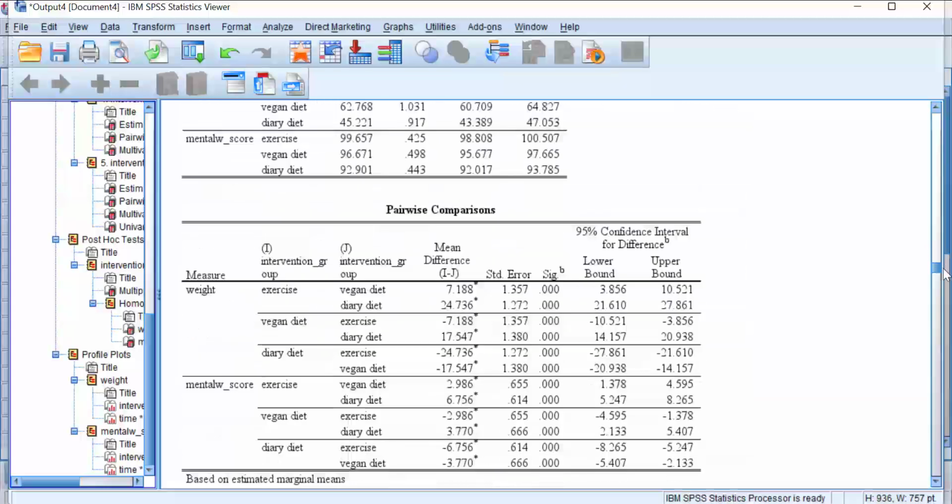So that is for the pairwise comparison. Also look at the mental health score again. Between exercise and vegan diet is significant. Between exercise and dairy diet is significant. So basically, there are significant differences between the three